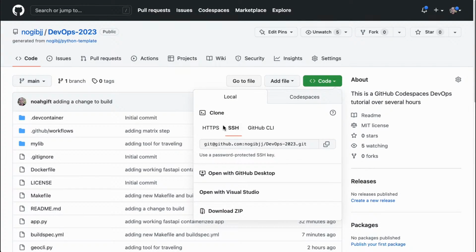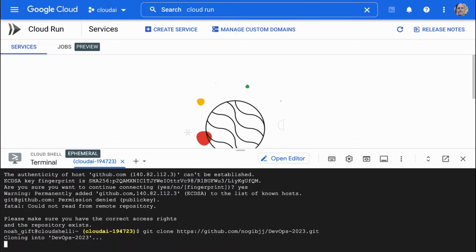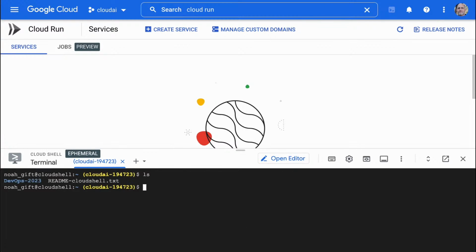So let's go to HTTP. Copy. Git clone this. Okay, so if we cd into here, if I remember correctly, if we say Google Cloud Build,